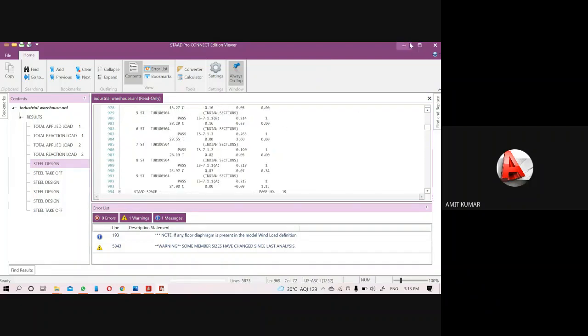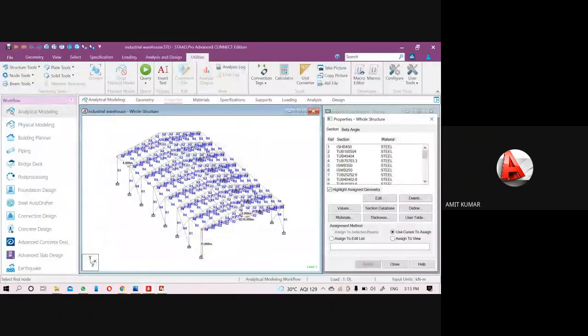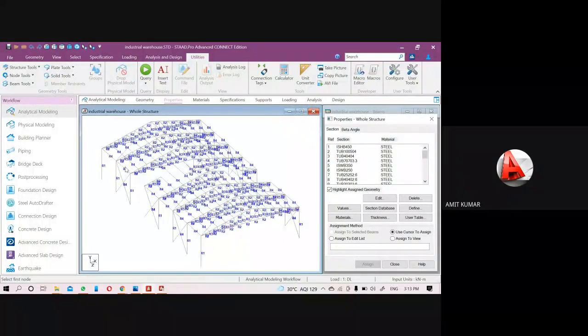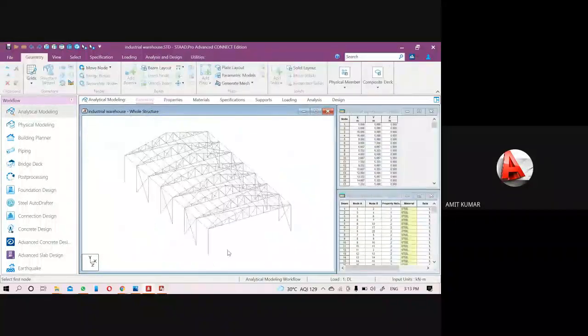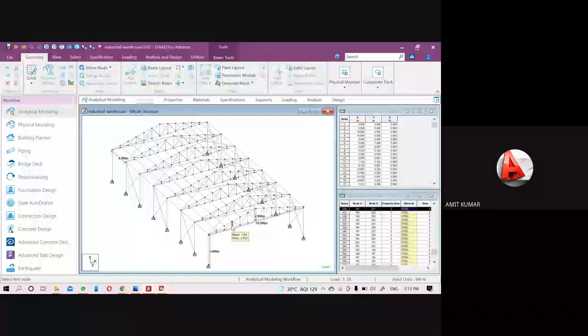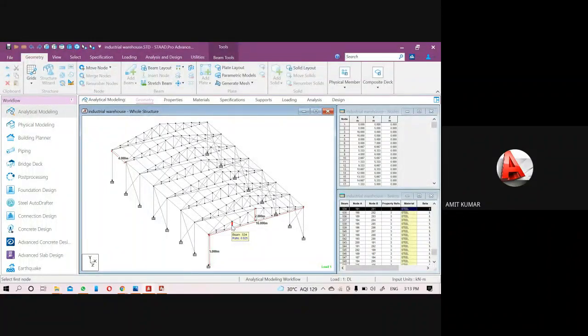So for the purlin, I add the value 70 by 30 by 3.2. And for the strut, that is your strut. Let me open where is the strut. Yeah, so this is your strut. So for the strut, I assign the value tube 4044 because this will bear very less data.